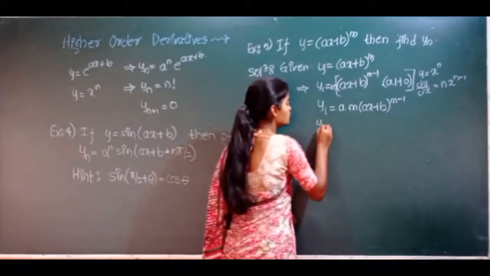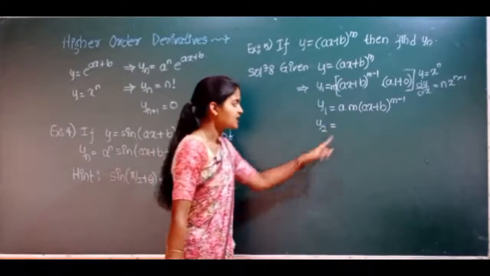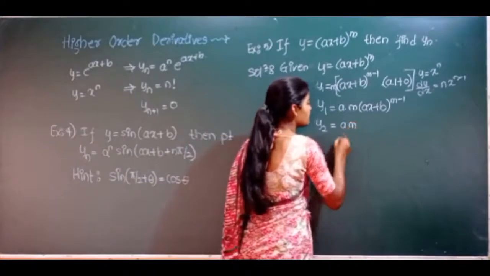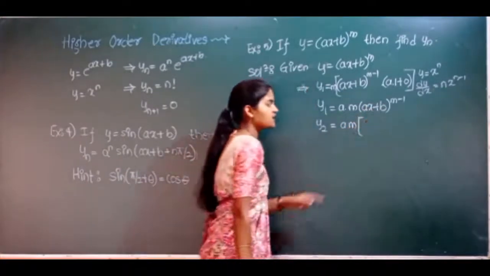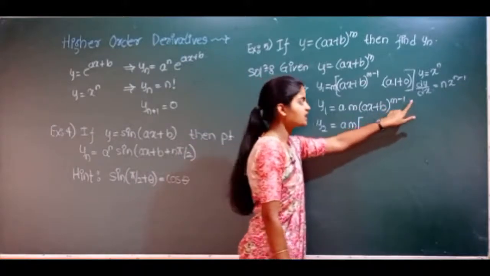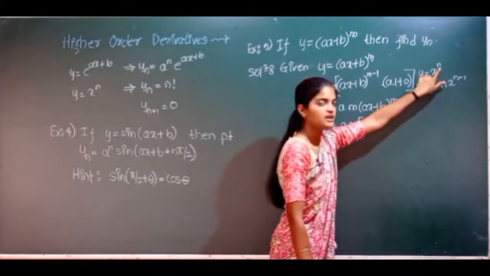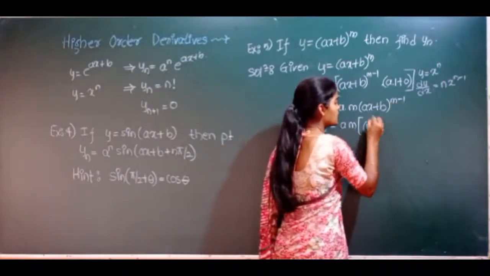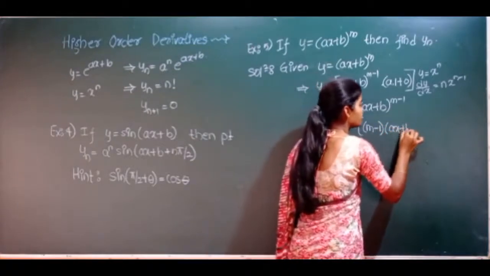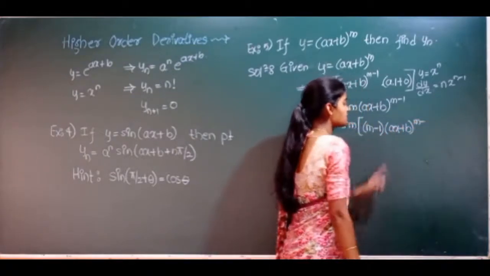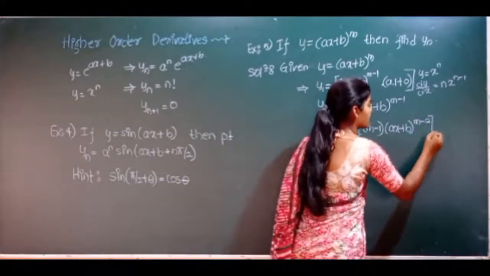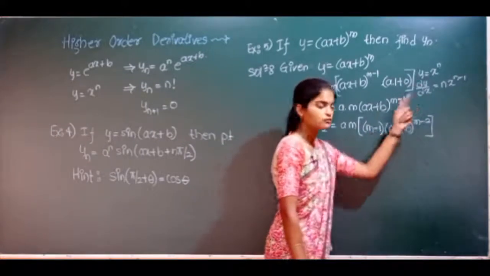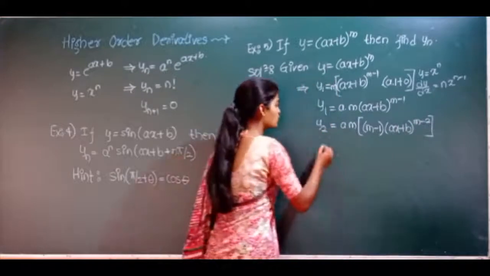Next we move to y2, that is, the second derivative. As this a is constant and this m is also constant, I will write a into m as it is and differentiate ax plus b raised to m minus 1. Again applying this formula, in place of n here we have m minus 1. Therefore, what do we get? m minus 1 into the function ax plus b raised to m minus 2. Whatever the power is, we write one less. m minus 1 minus 1 will be m minus 2. So y2 is,